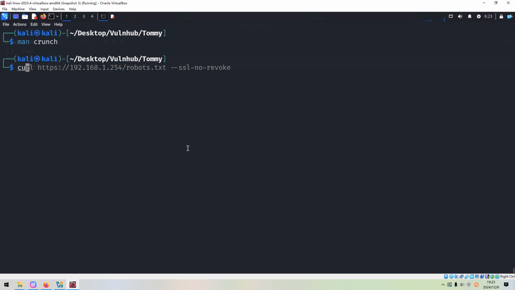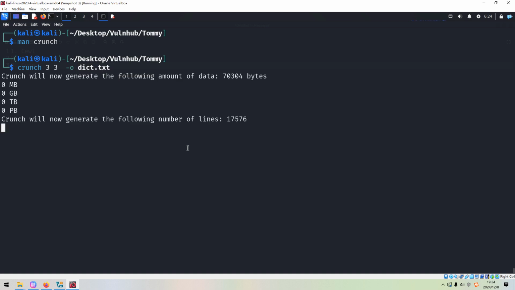Sometimes, if you just know the length of the word, for example the length of the password is 3, we can use this option: crunch 3 3. The first 3 specifies the minimum length, and the second one is the maximum length. Then we output to a file like dict.txt, and Crunch will create the word list.